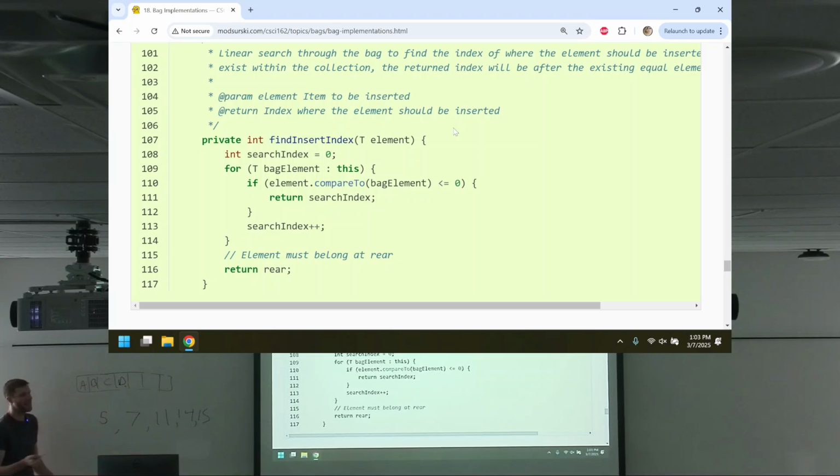I start, and let's say I want to add a number less than or equal to 5. 3. Perfect. I love it. I go 3. Hey, 3. Compare yourself to 5. If compareTo gives me a negative, that means that the left-hand side, the element 3, is less than 5. And if it is less than 5, it should go in front of that thing.